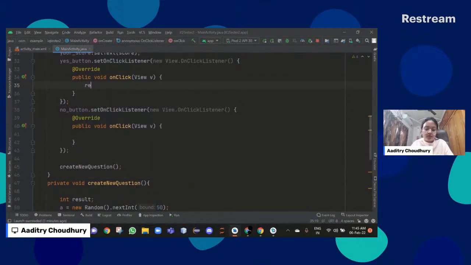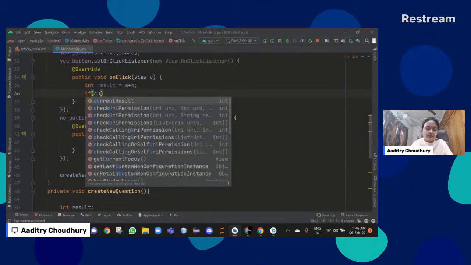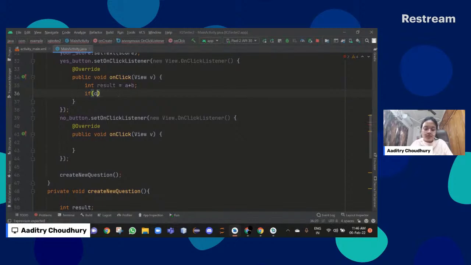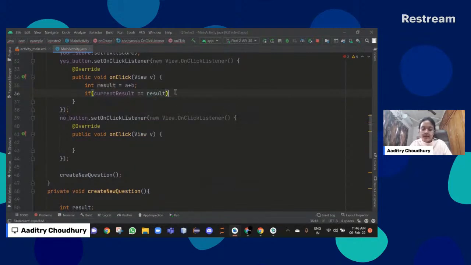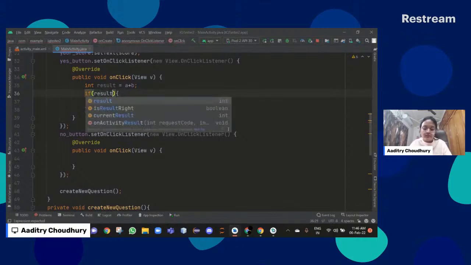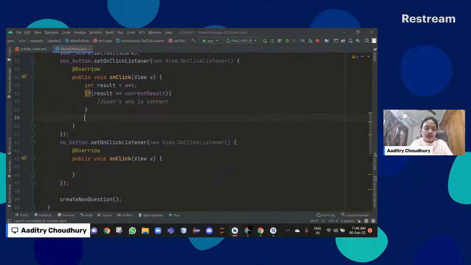Now, if the current result is equal to the result, the actual result, so the user's answer is correct. Okay, let's use it, right. So else,